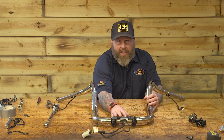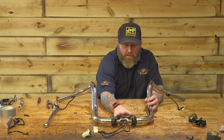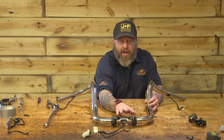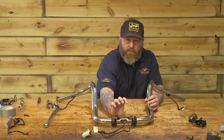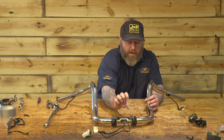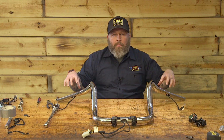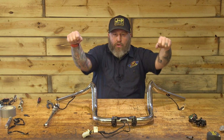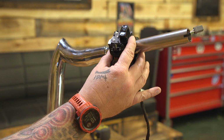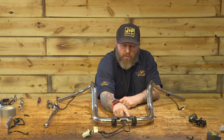Okay, so I got this set up here to kind of show you how to do this. This riser setup has to be done before we slide the bars up in there. And it's important how this sits forward to back, because on your handlebars, the switches are already permanently clocked into a position. There's a peg on them and a hole in the bar. So you don't want your switch housing, if you roll your bars too forward, your switches will be facing up in the air. So a good rule of thumb, at least on this bike, is we've set this riser clamp